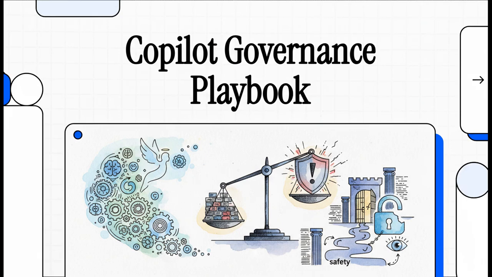So let's be real. Everyone's talking about the incredible productivity boosts you can get from AI like Microsoft Copilot. But as a leader, you're also thinking about the risks, right? How do you actually roll this out without creating total chaos? Well, today we're going to break down a really clear, actionable playbook for deploying Copilot effectively and, maybe most importantly,